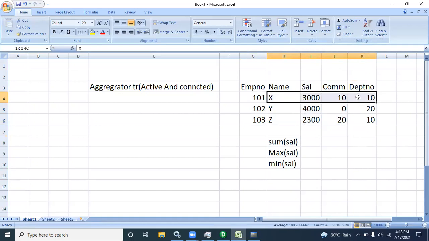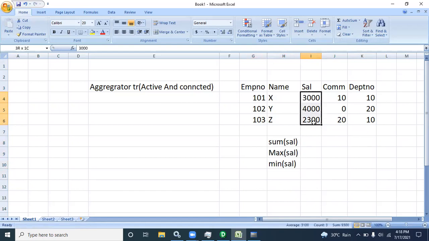Each and every row gives some output. But when you work with sum, max or min, these functions will not work on a single row. They will work on a group of records.